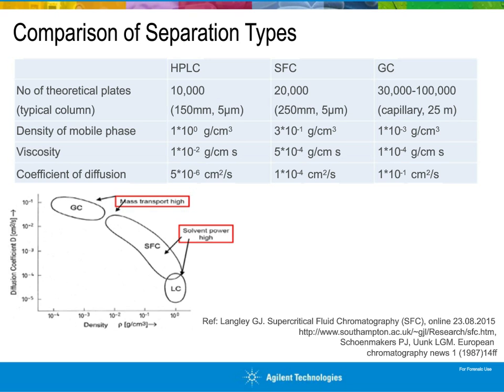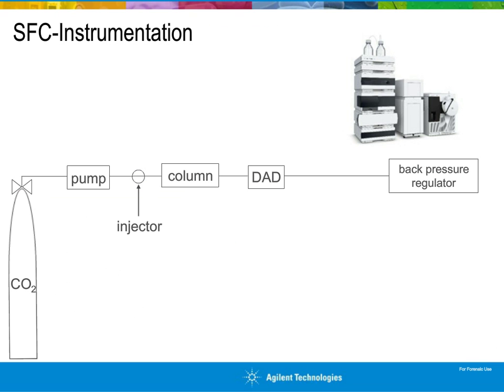Move on to the next slide. The hardware has been pretty well known for many, many years. There have been improvements in the back pressure regulator that you see here on the right side, and I will come back to this in a second. If we look at the system, we have CO2, a pump, an injector, the column, and a diode array detector, and bringing into the stream from a second pump, that could be a binary pump,